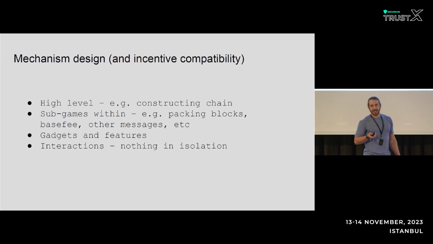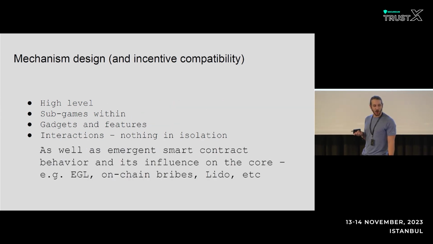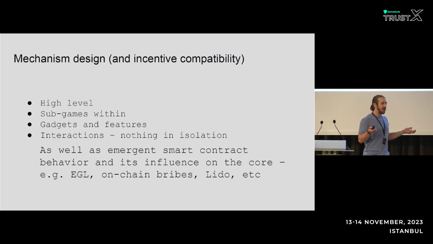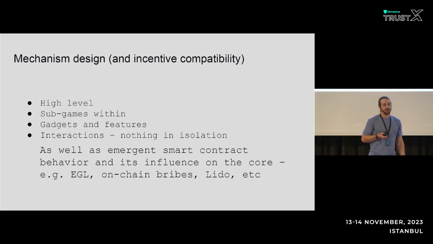And constructing something like Bitcoin would probably be much easier because we don't have this arbitrary interaction with the programmable layer, the smart contract layer. Anything can be programmed into the cradle of consensus with the EVM. And so we get things like EigenLayer, like people trying to have a gas voting token. We get on-chain bribes. We get things like Lido, where you're layering arbitrary kinds of things and incentives into the consensus itself.